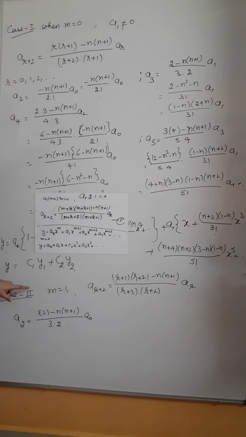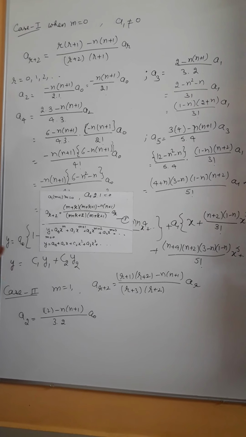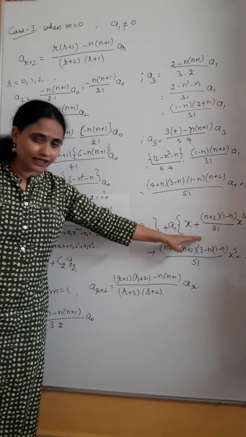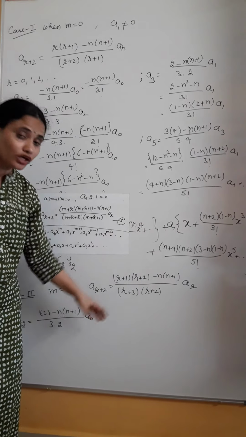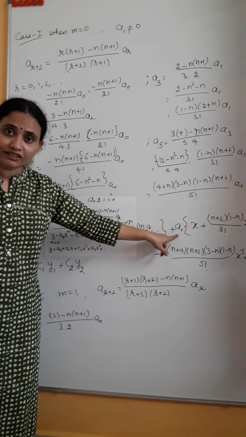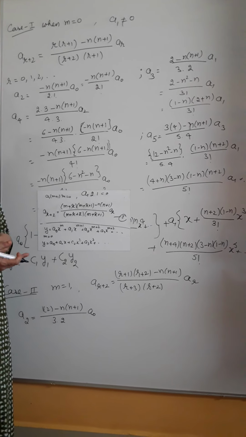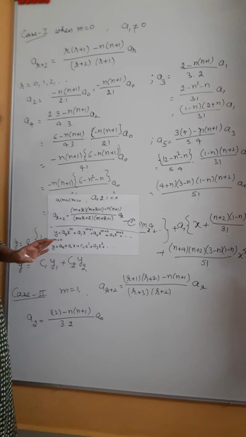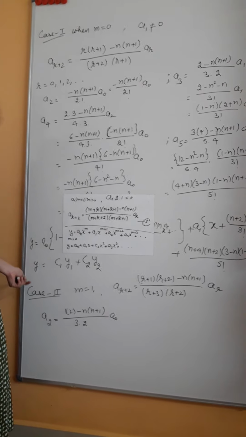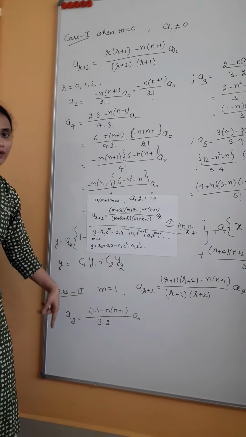That means if we are writing the case for m equal to 1, these values have already existed in the previous case. These all values we have already taken in the first case only. These are not independent, they are just multiples of each other. Here we are getting them with some other constant. So all the independent cases are already included in case 1, and we need not write down case 2 for m equal to 1.